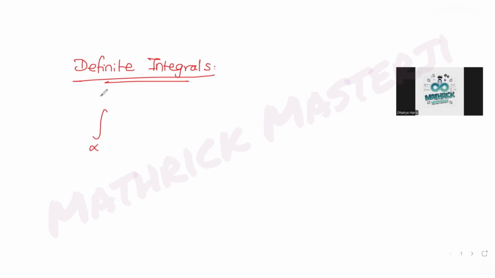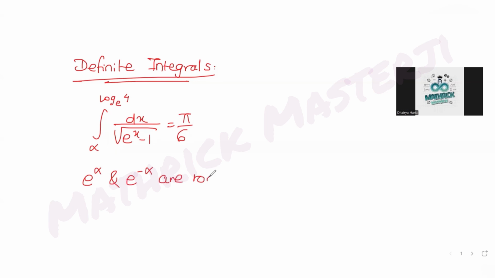Let's see today's question. Today's question, we are taking up from the topic of definite integrals. The question tells us that let the integral from alpha to log 4 to the base e of dx over square root of e raised to x minus 1 equal pi over 6. The question is asking: then e raised to alpha and e raised to minus alpha are roots of which